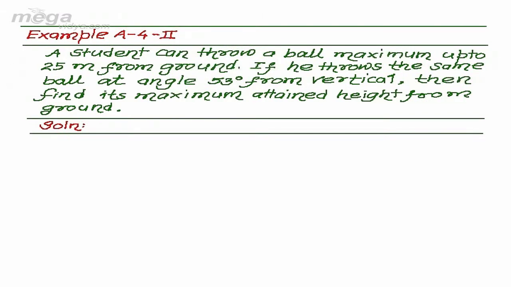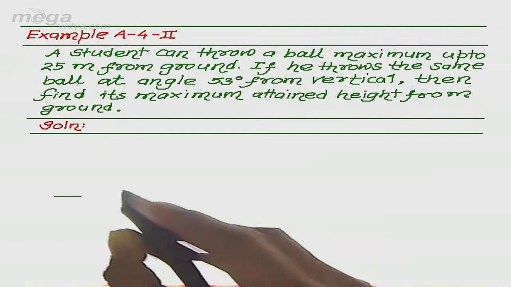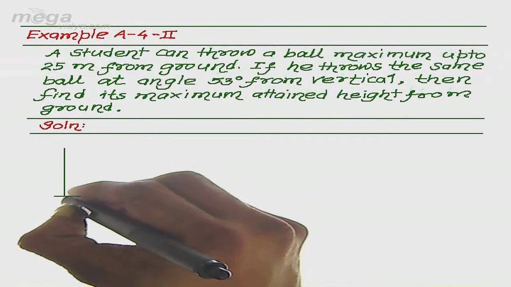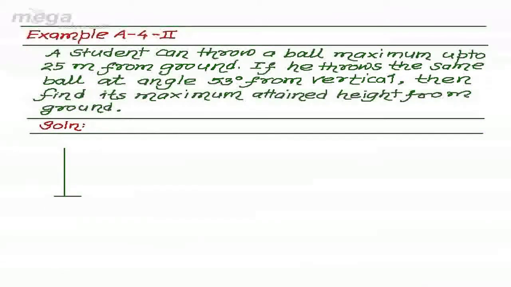So indirectly, in this first line, we have been provided the angle of projection for the maximum height as pi by 2. So according to the same formula, we will achieve the solution to this question. How? See, in the first line we have been provided that when thrown for the maximum possible height, it is to be thrown directly vertically upward.